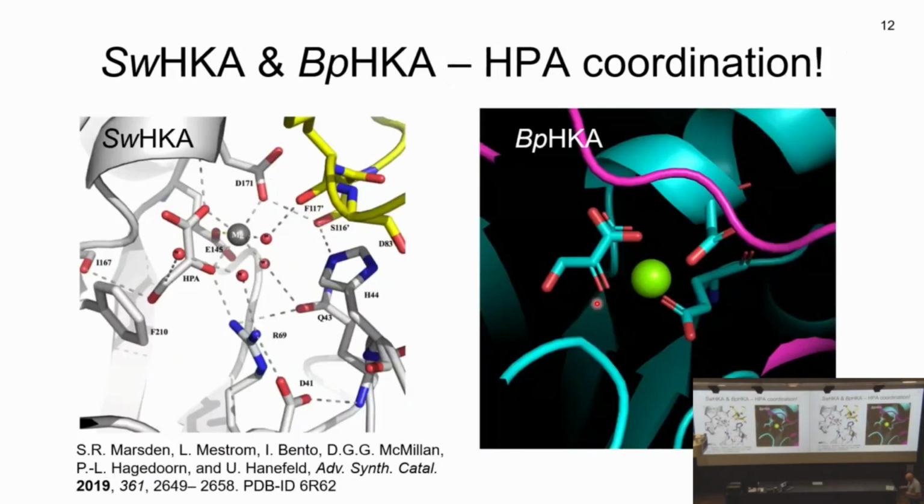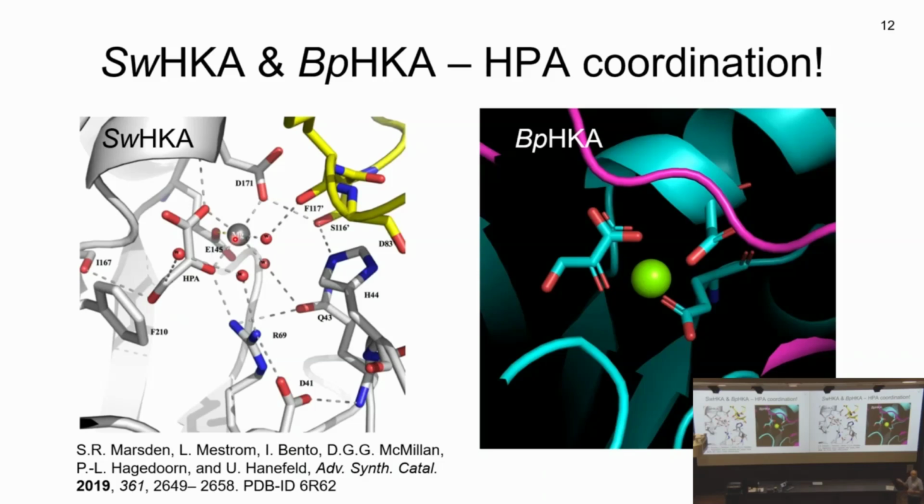And we then also did X-ray structures. And in the X-ray structures, we found, yes, indeed, hydroxypyruvate coordinates just like the pyruvate does. So we've got our metal here. We've got the acid group, the keto group of the hydroxypyruvate. And we've got an acidic residue of the enzyme and another acidic residue coordinating the metal, sorry, and then we've got two water molecules coordinated to the metal.